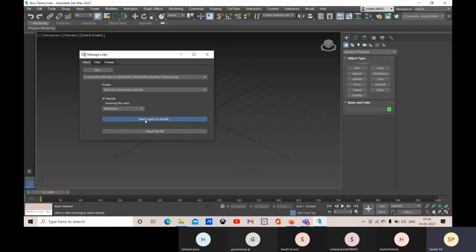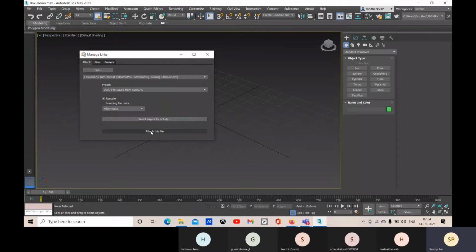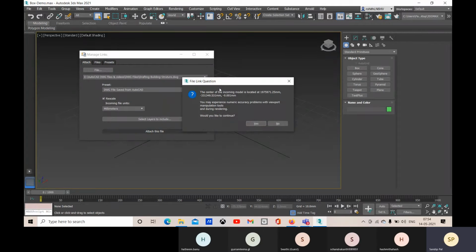Now you can choose select layers. By default every layer will be selected, only the frozen layers will be skipped. And here you can go for select from list, and you can uncheck the ones you don't need. If you are selecting all the layers, then don't go for this. This is fine. And now let's go for attach this file.